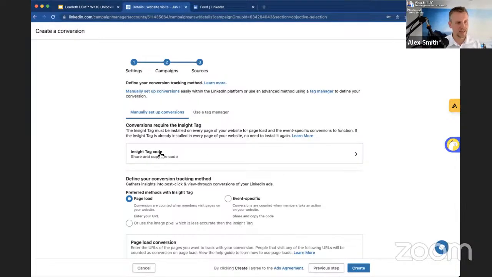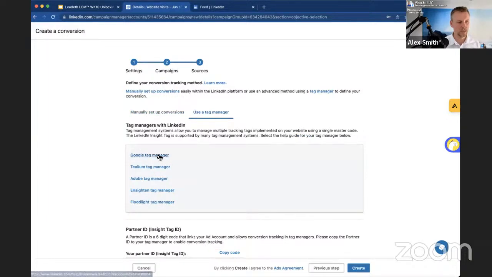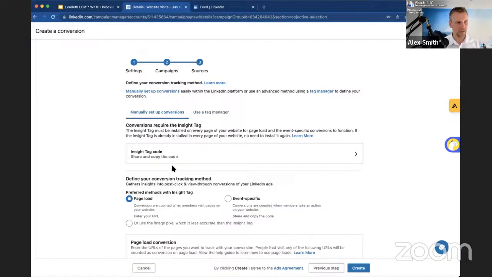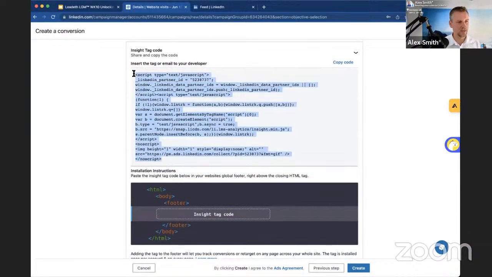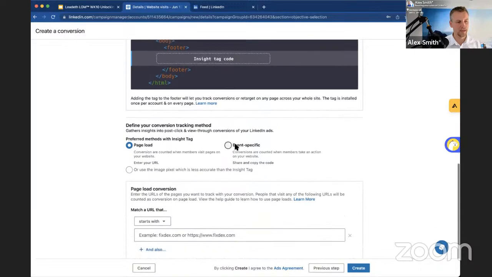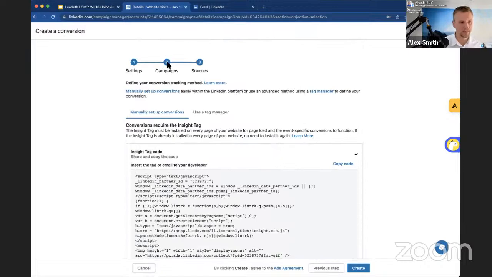You've got the Insight Tag code. If you've got Google Tag Manager, which sits on the back of your website, you can add it via Google Tag Manager, or there are some other tag managers. But if you haven't got any of that, then it's literally copy and paste this ugly bit of code, chuck it into your website, and that tells LinkedIn to track this as an ad from my campaign. Then when you see your stats and reports, it will say you've done so many pounds worth of ads from that. So it's quite an important stage. Try not to skip it, but if you're not bothered by it, you can skip that process.